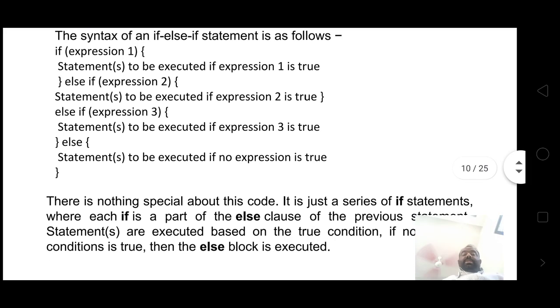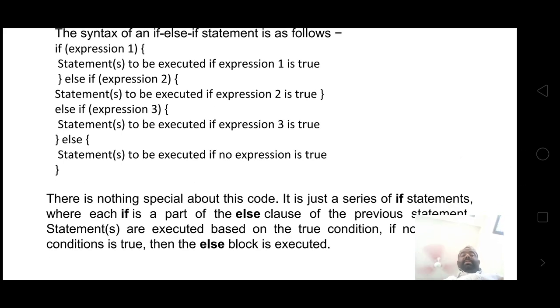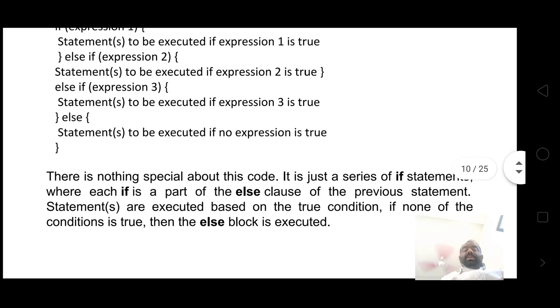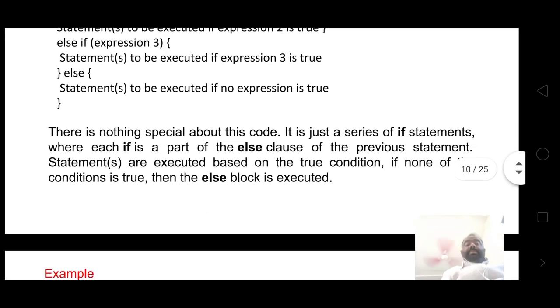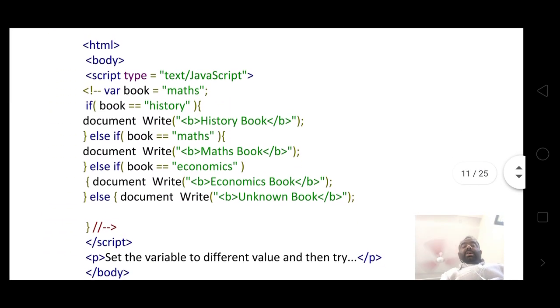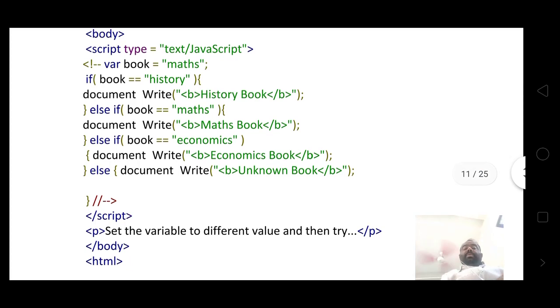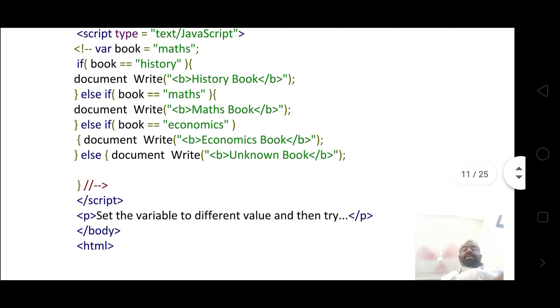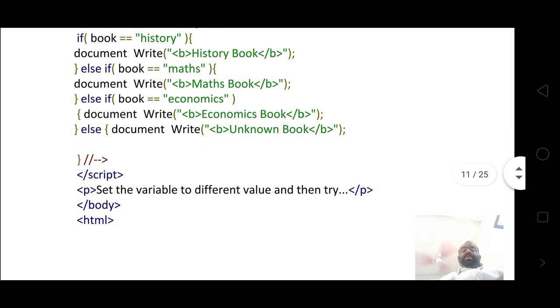Else if expression 3 is true, execute the expression 3 statements. The else part statements are executed otherwise. This is the example. If the book is history, then document write history. Else if the book is maths, document write maths. If the book is economics, document write economics. Else unknown book.